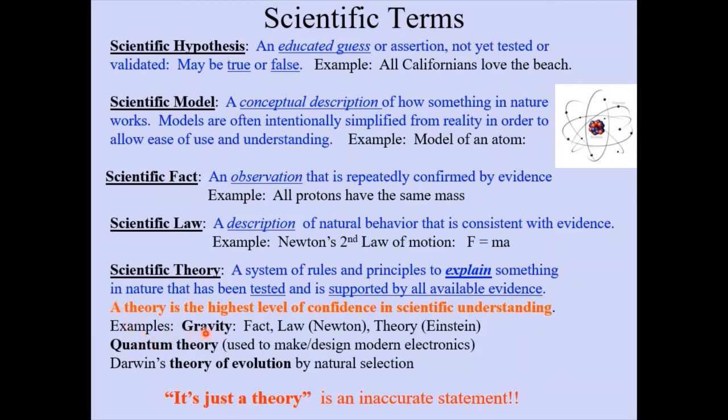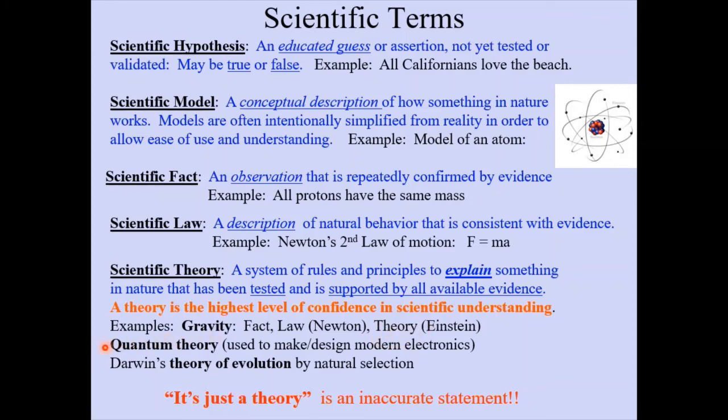So for example, let's take gravity, right? Something that you're certainly familiar with. If you jump off of a chair, you end up on the floor. Why? Because of gravity. So gravity is a fact, and there is a law due to Isaac Newton that describes the way gravity behaves, and gravity is a theory which is explained by Albert Einstein. Okay, so gravity being a theory tells you that a theory is not just a guess. This is the theory here, explains how gravity works.